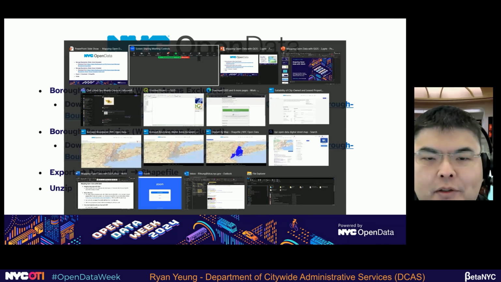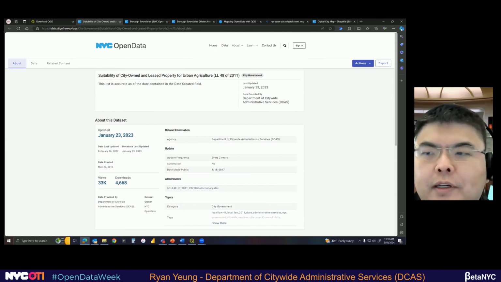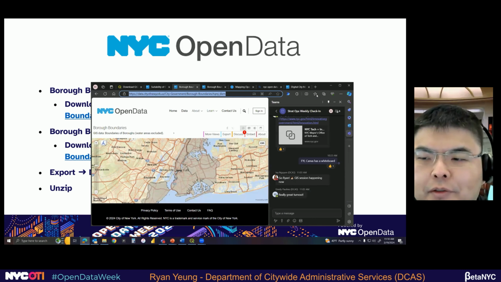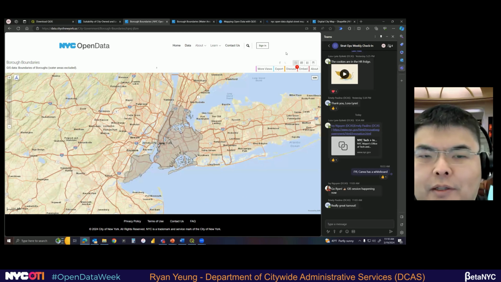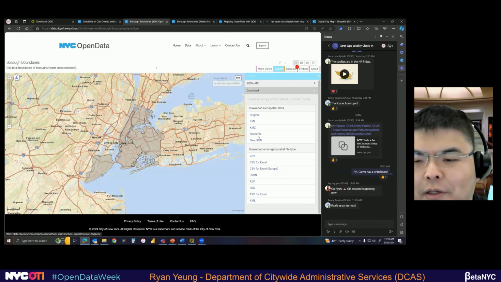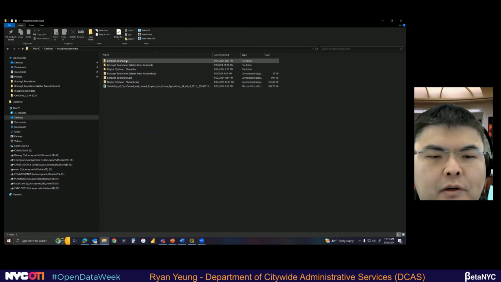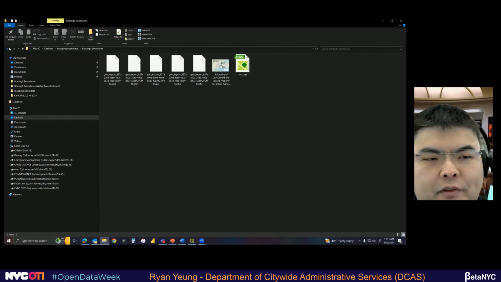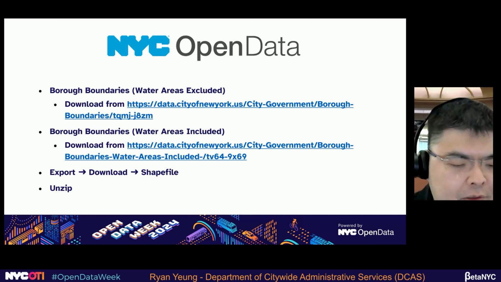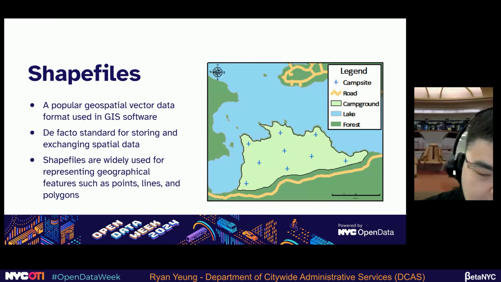And I'm going to do that as well on boundaries, for example. And you go to the links and you go to export. And once again, the one you want is shapefile for each of these different data sets. When you download them, it comes in a zip file, and then extract them. I have that here. Everyone's downloading these, just some background information.